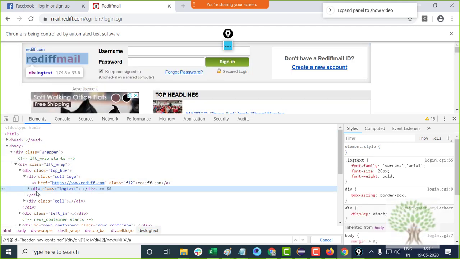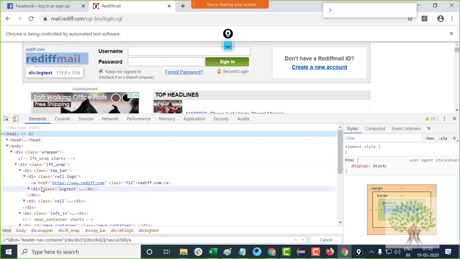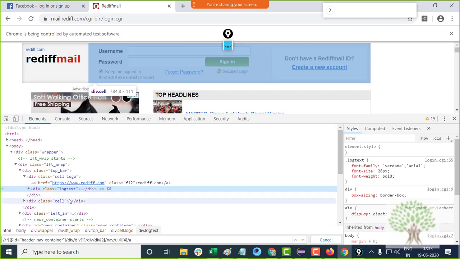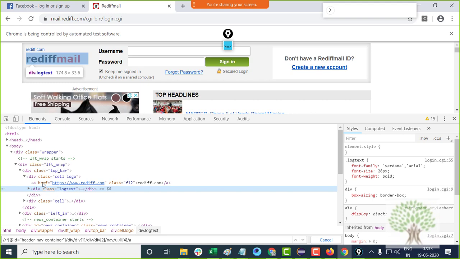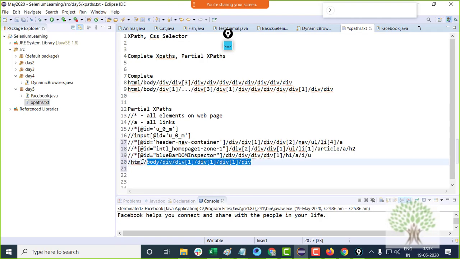Okay, so this also becomes a situation, or one of the outcomes, that you don't get any tag which has an ID. Alright, so does it have to be an ID? Yeah, it has to be ID. For Chrome Inspector, it has to be ID because IDs are supposed to be unique. So since it finds no element with any ID, it gives you the complete XPath.